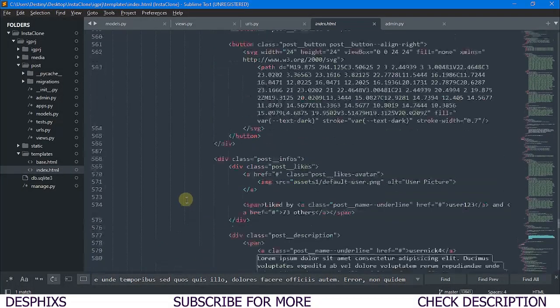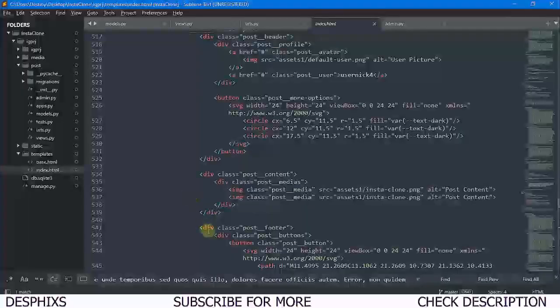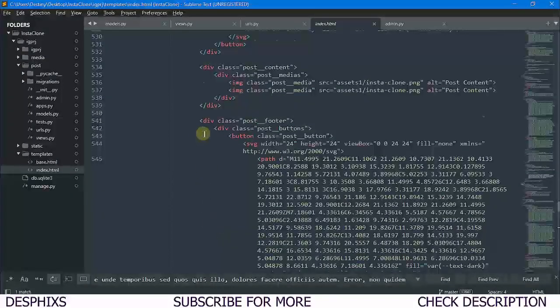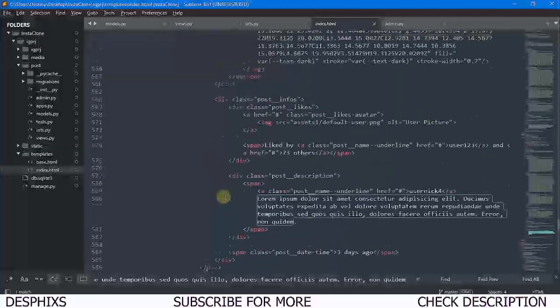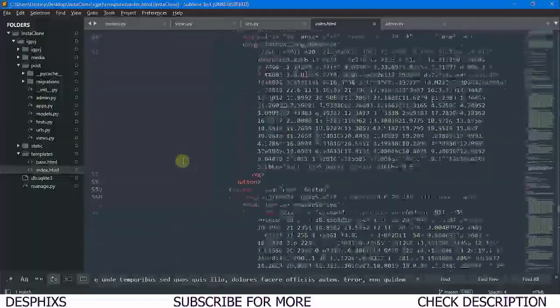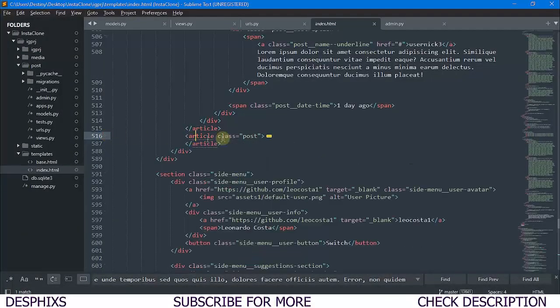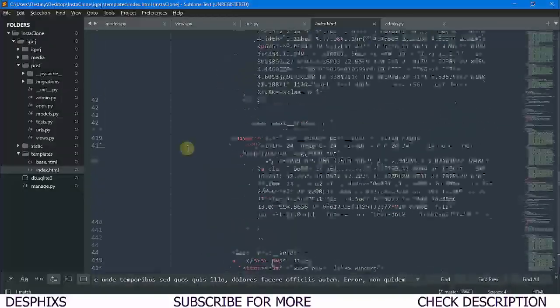So I have an article, and let's see, I want to know where it's starting from. So from here to here, I think that should be one. Then from here to here we've got another article.